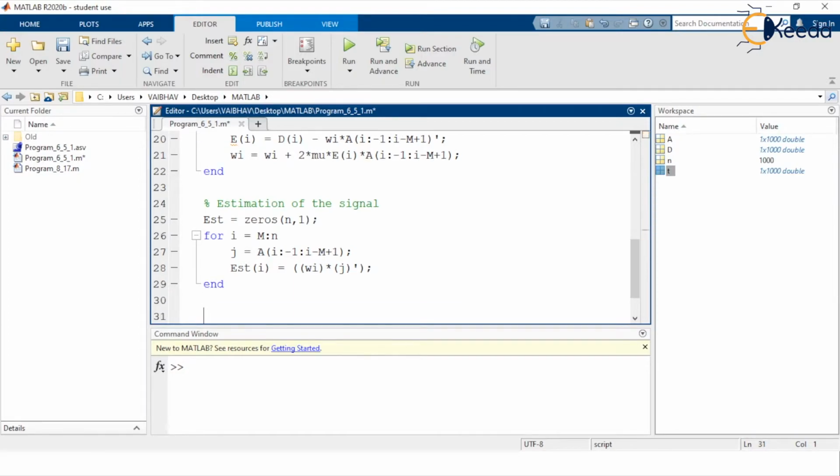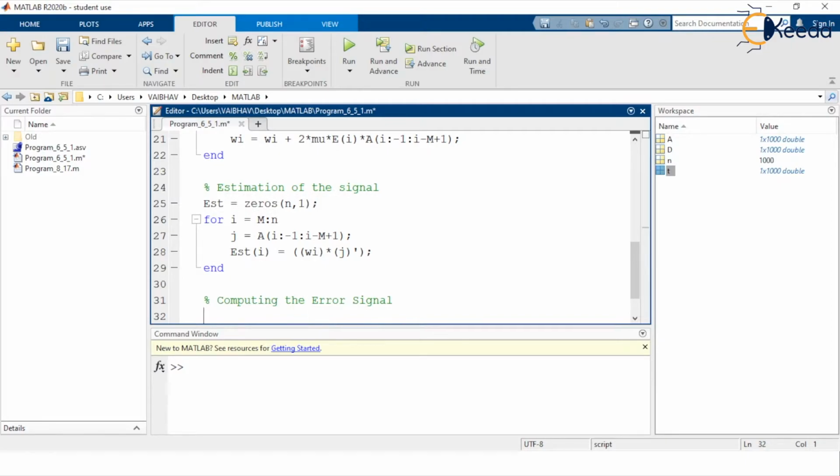Now with the help of the information of the estimation signal and the desired signal that we have developed initially, we will compute the error signal, which is a difference signal. So I just mention a comment line: computing the error signal. Here we keep the variable capital E small rr to be the error signal, which is having est apostrophe minus the desired signal d. So this will be the error.